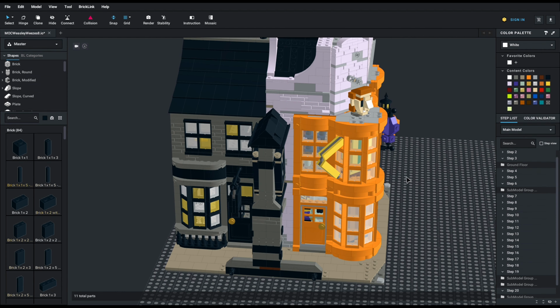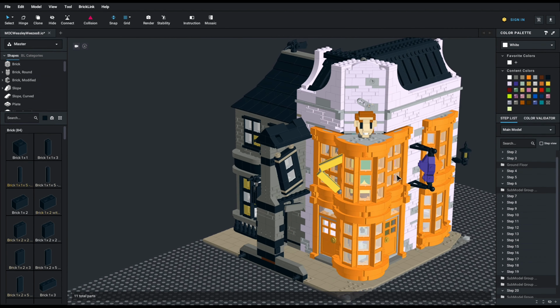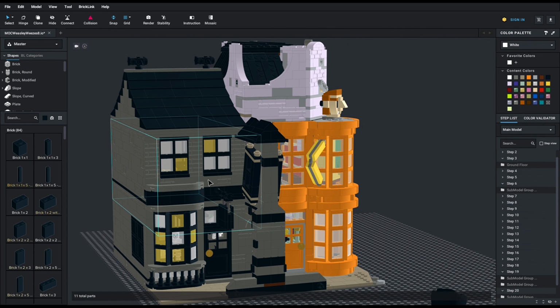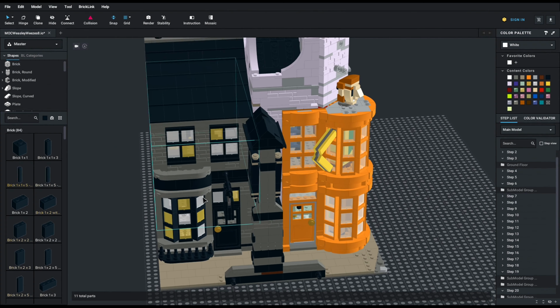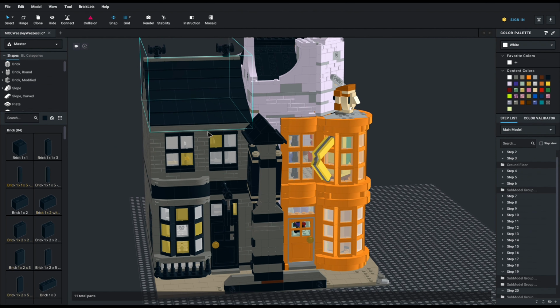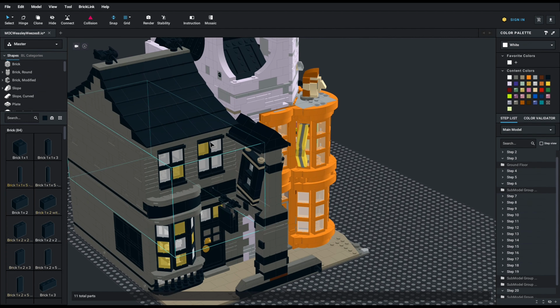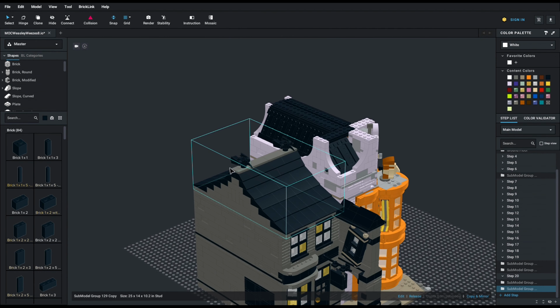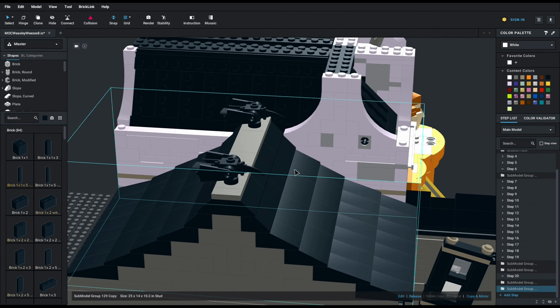And the Borgin and Burke, I took some inspiration on the Harry Potter movies. There are at least 2 scenes where Borgin and Burke appear. So I took some inspiration, especially here for the ground floor. And for the first floor, I just tried to keep it coherent with the ground floor. And the roof, I saw some images, but I had no great reference. And I decided to be a bit creative here